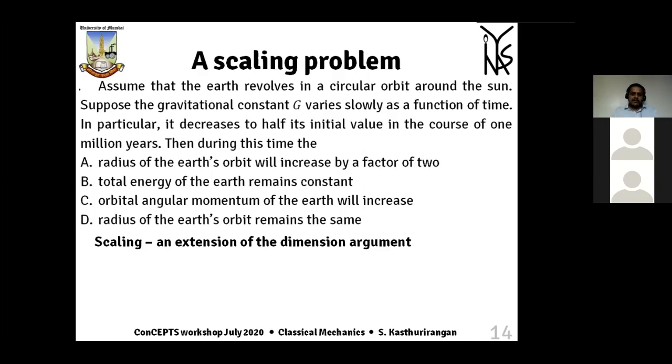The other thing, earth is moving in a circular orbit and G is varying very, very slowly, that is adiabatically, very slowly. Then one would assume that the earth continues in a circular orbit, only the radius of that circular orbit will change very, very gradually. It is not going to suddenly change overnight. So it will remain in a circular orbit of changing size or of the same size. We don't know yet. Okay?